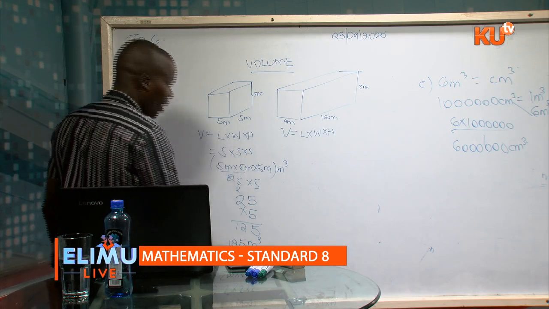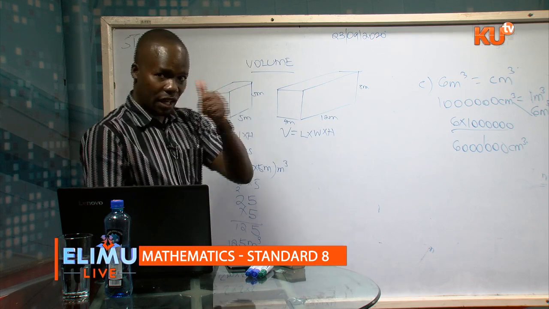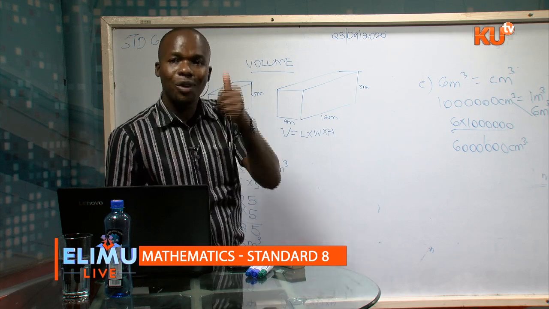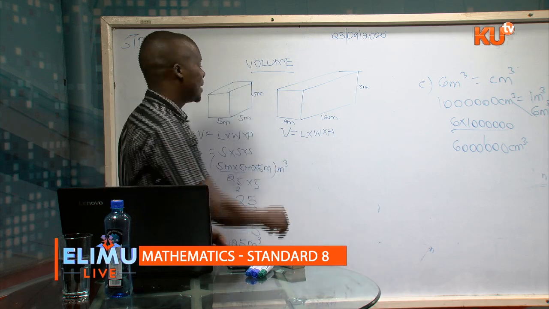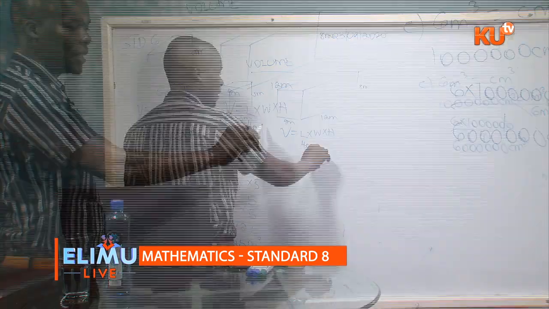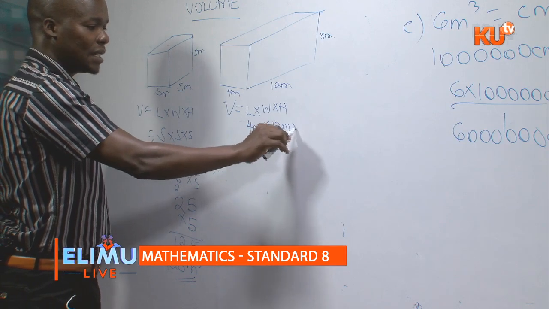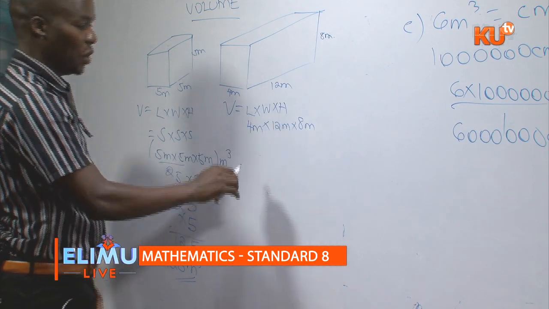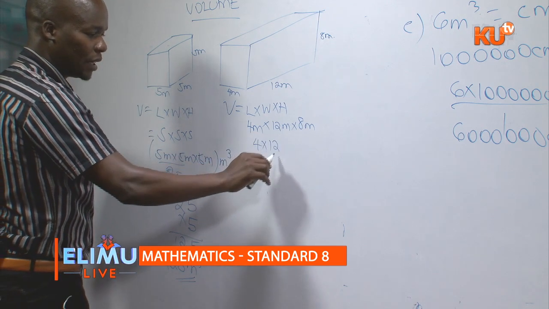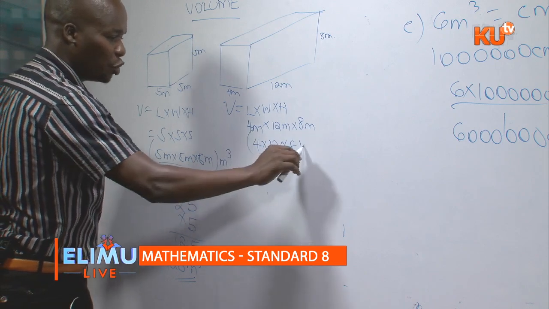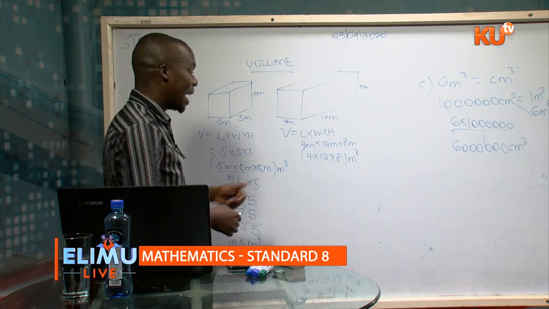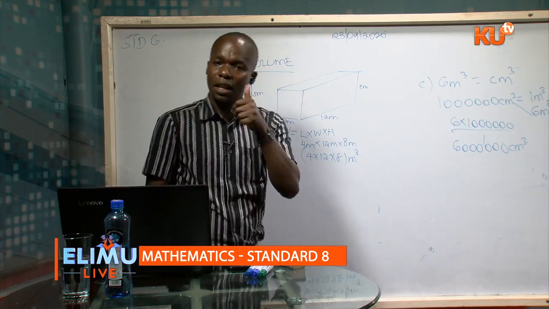Get that right. For the same one, volume of a cuboid is length times width times height. Ensure you have all the measurements with you and say that volume will now be 4 meters by 12 meters by 8 meters. We'll have now 4 times 12 times 8. Our answer should be in cubic meters. Don't ever leave your answer as just meters or just as centimeters. It has to be cubic